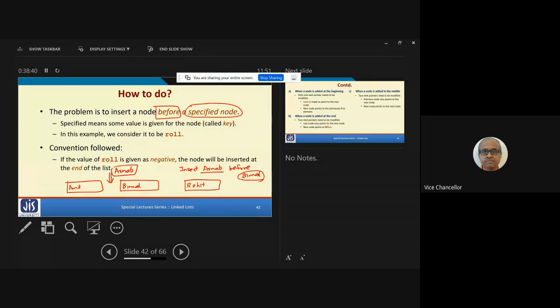And for every node, you see there are 3 fields I talked about. I said roll number, name, there is an age. So it is like a structure, right? Now in this structure, typically one of the fields we refer to as the key. And key is often something which is unique.